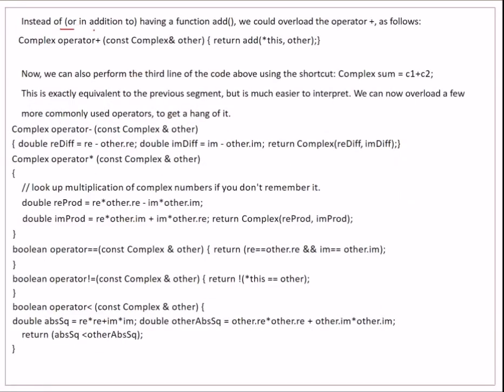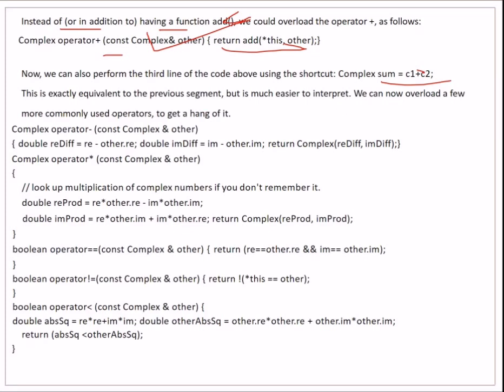So instead of, or in addition to, having this function add, we could overload plus, right? Just by doing this. We can also add a third line of code using this shortcut, simple: sum is equal to C1 plus C2. This is exactly equal to the previous segment, but somewhat easier to interpret.